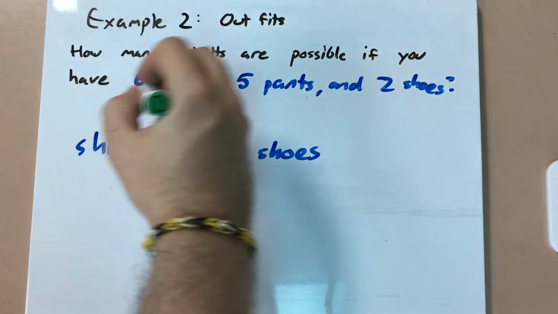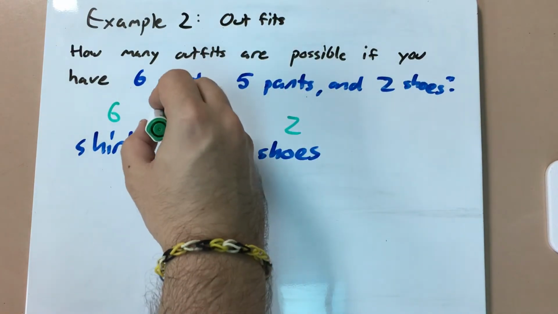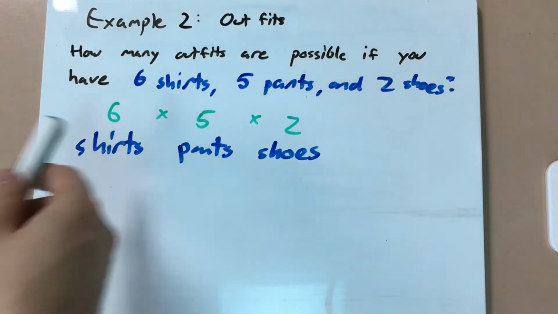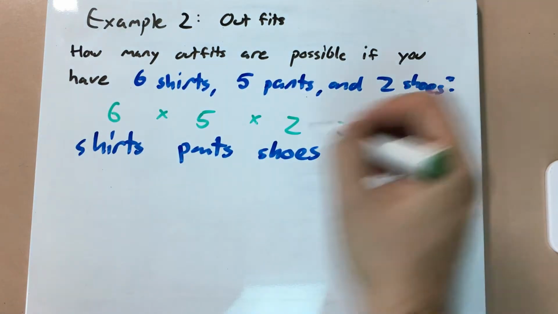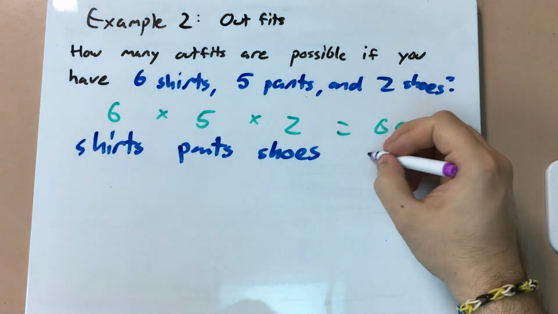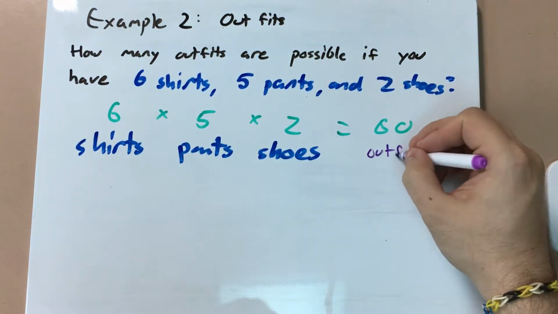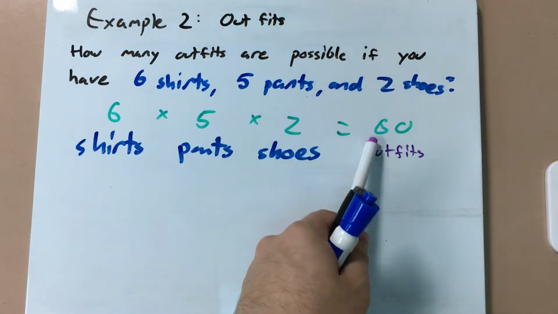We have 6 possibilities for shirts, 5 possibilities for pants, and 2 possibilities for shoes. So 6 times 5 times 2 gives us a total of 60 possible outfits. And again, I'm not going to draw a tree diagram for this, because like I said, it gets pretty tough and impractical, and you hardly ever have enough space if you have a problem like this, where it comes out